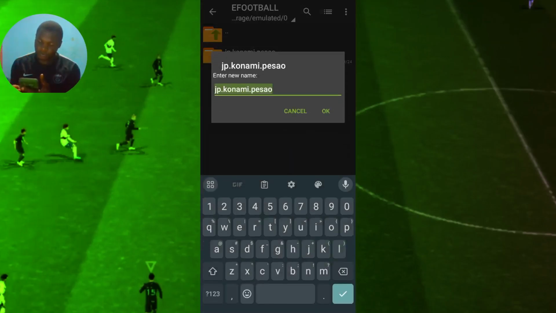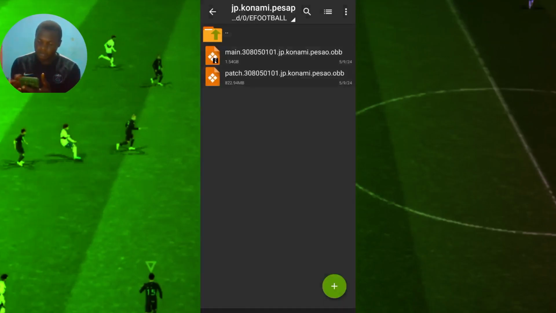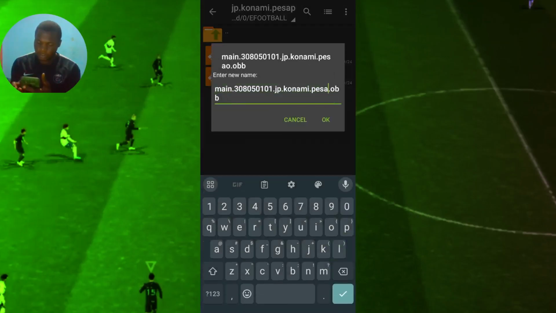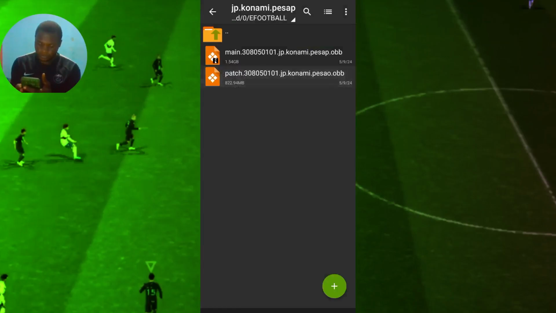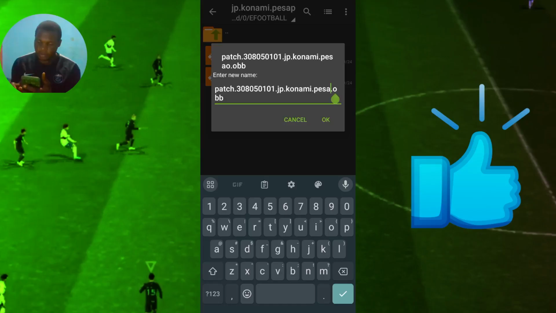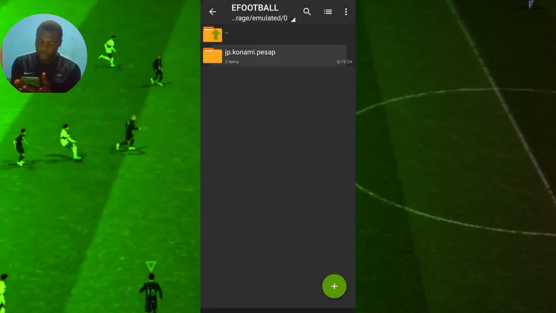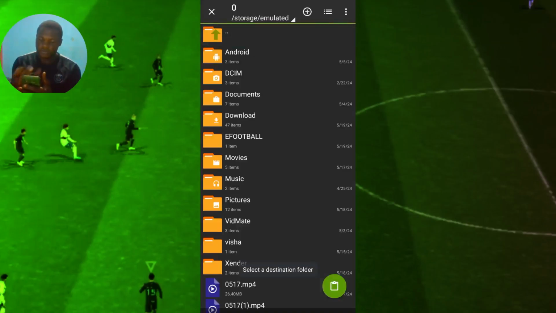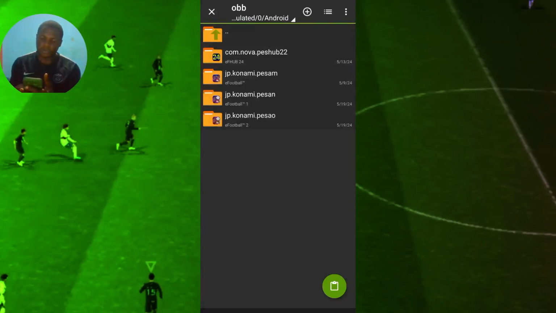Now rename this file. M, N, O, P. So we are going to replace this O with letter P and simply open again, replace this O here with letter P and do the same here, replace this O with letter P. Now it's person. Now we go, and if you don't have enough storage you can cut. If you have enough storage you can still copy, depends on you. So I'm going to cut so as not to consume useless storage on my device. Now we paste,